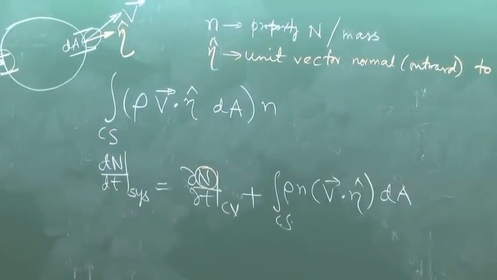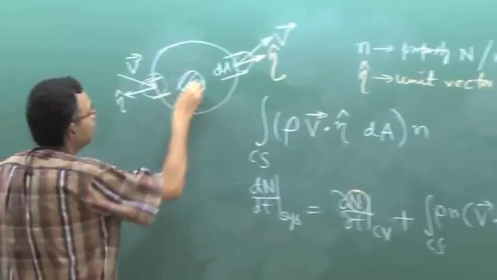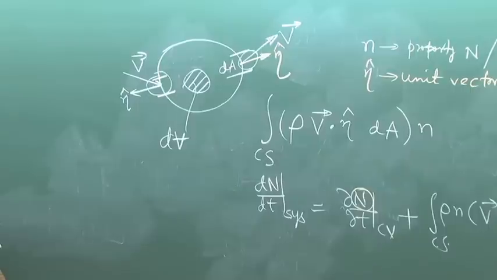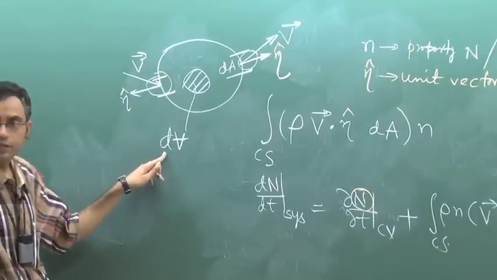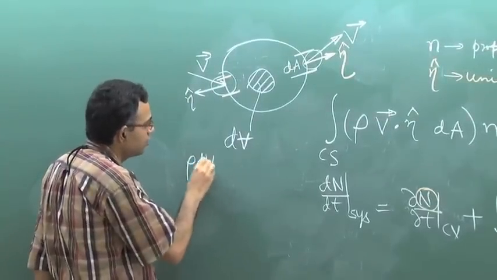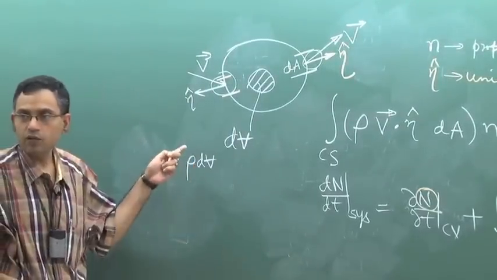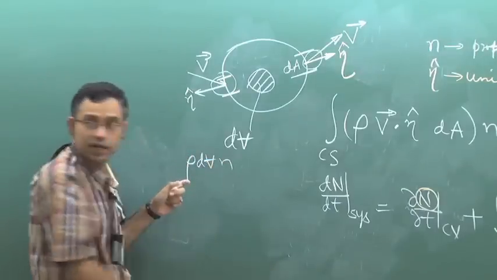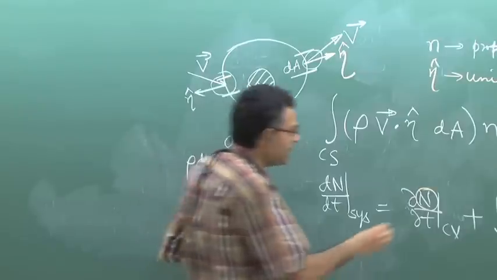Let us say this is a small element dV, a volume element that we take. What is the mass of this element? Rho into dV. What is the property per unit mass? Small n. So, the total property is this into small n. So, this you can write